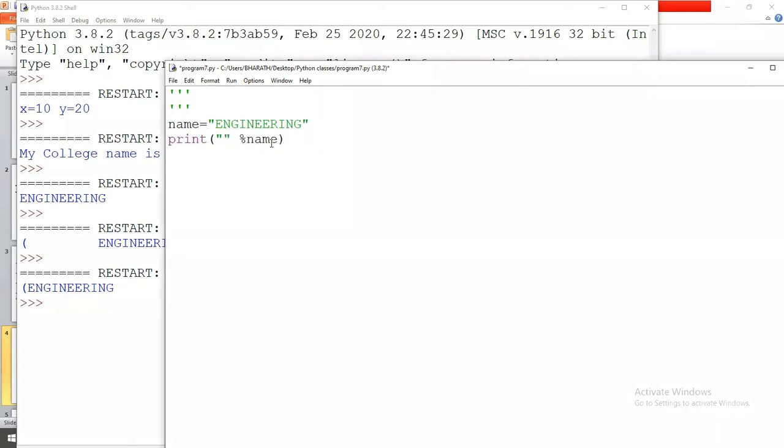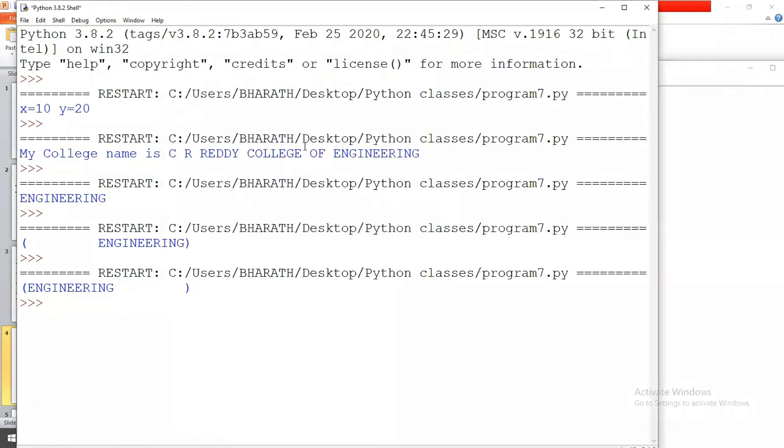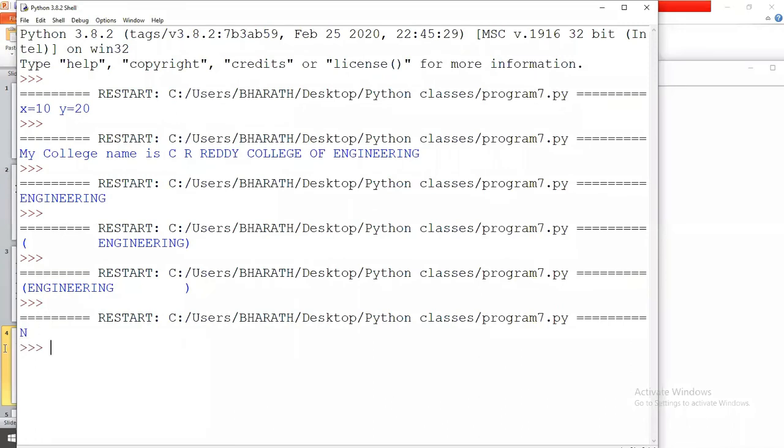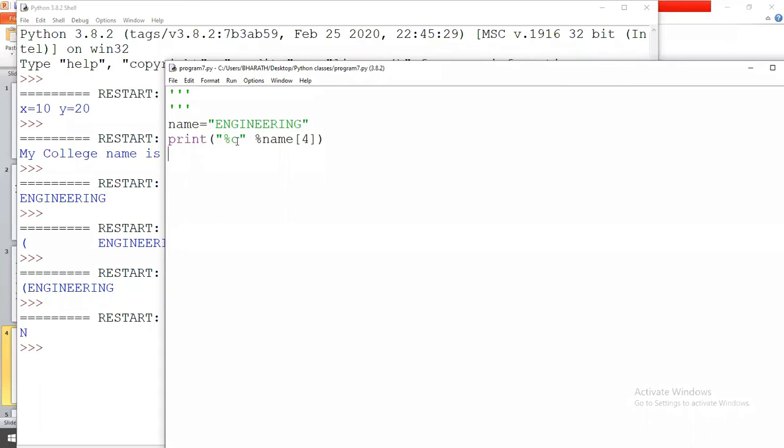So %c. To print a character, we use %c. And what is the index here? I want to print the 4th index. If you execute this, it prints N. For example, I want to print from the 4th index to the 7th index. So %s, 4 colon. If you want up to 8, then you specify 9 here.